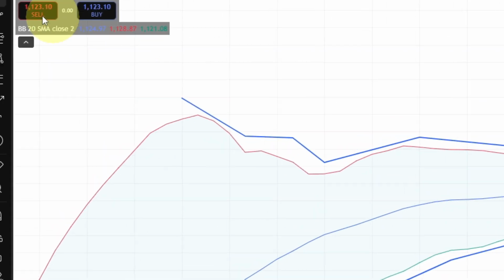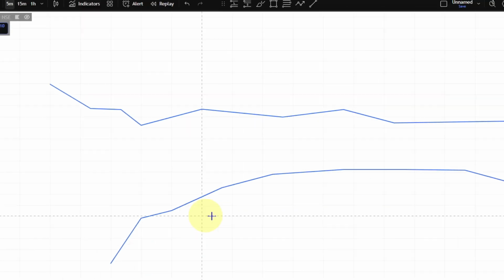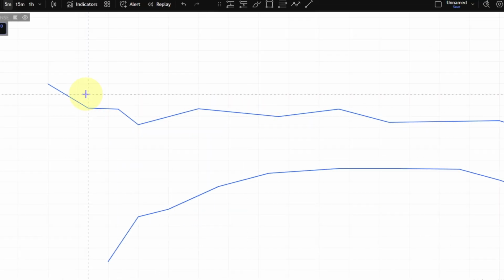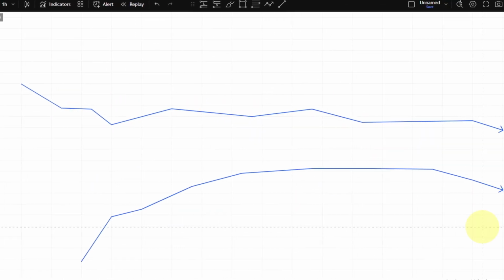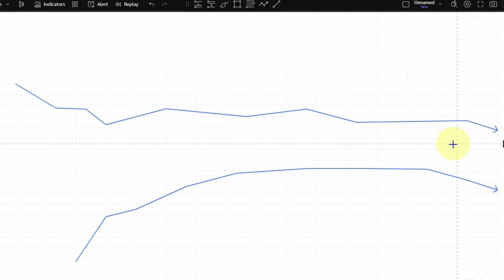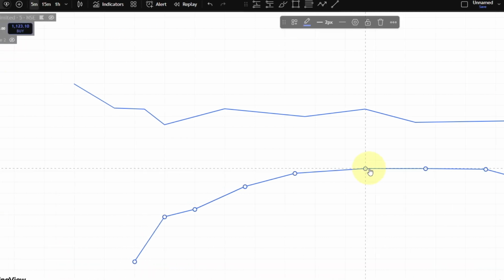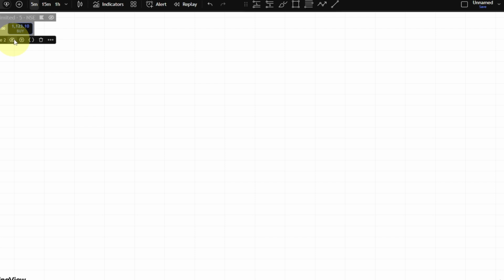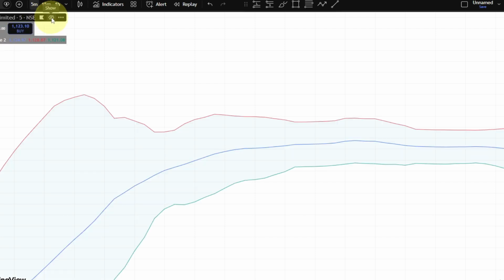If we hide this Bollinger Band, we can clearly see these 2 lines are coming closer, and after coming closer both lines are going in the same direction. So this kind of setup we are going to look for to enter our trades. Now let's delete these drawings and unhide our Bollinger Band as well as our trading chart.